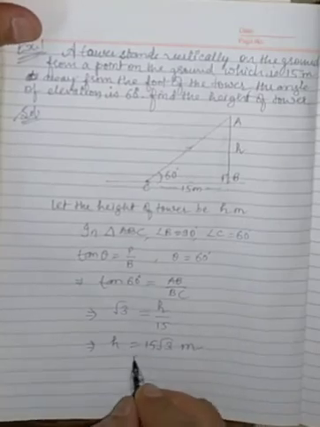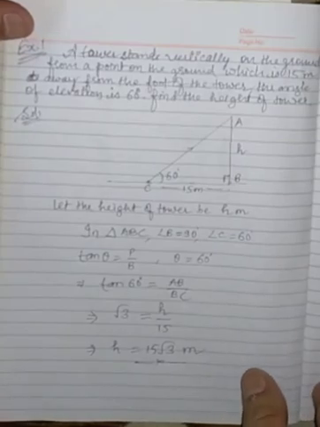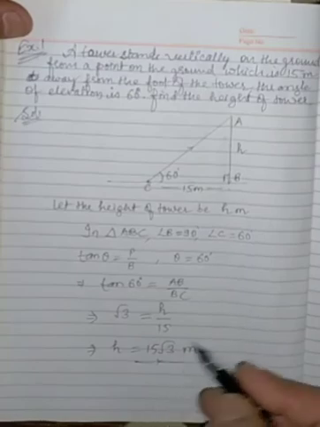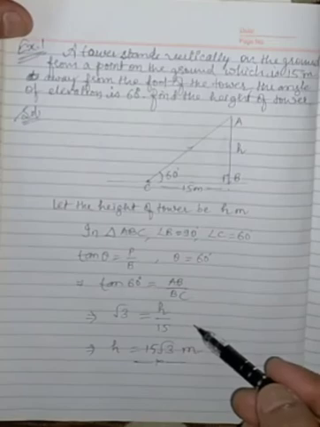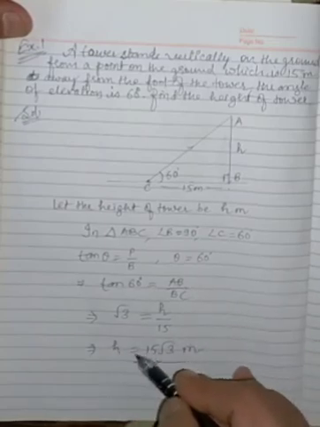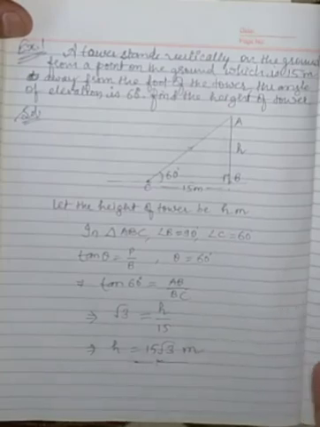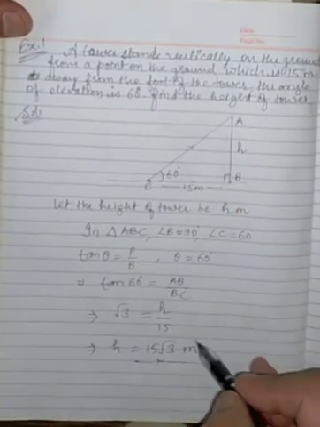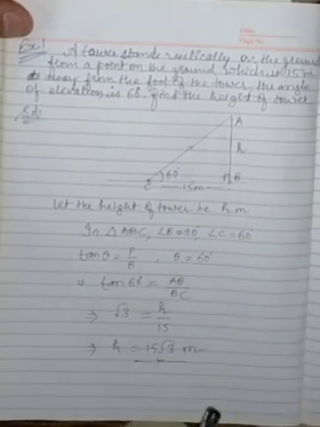Now children, here you have to keep one thing in mind, that if in the question the value of root 3 is not given, then you are supposed to leave the answer with root only. From your side you will not put the value of root. But if we are given the value of root 3 is equal to 1.732, then in that case we have to multiply 15 with the value of root 3 and then the answer will come. But here, as you can see in the question, the value of root 3 is not given. That means our answer has come. So the height of the tower H is equal to 15 root 3.